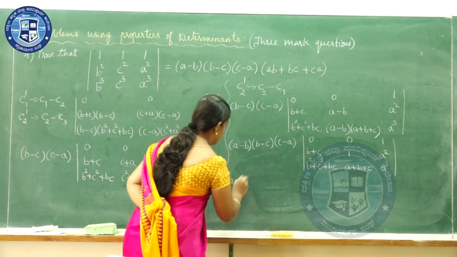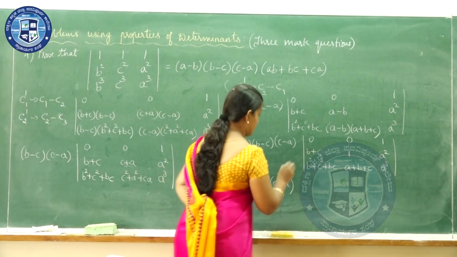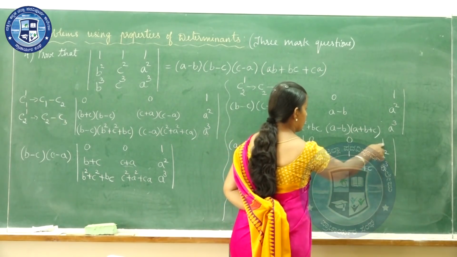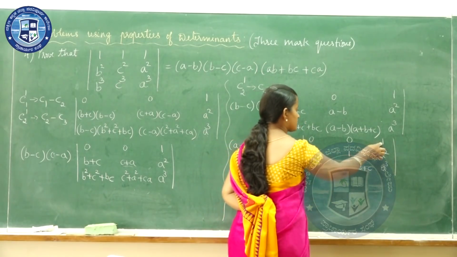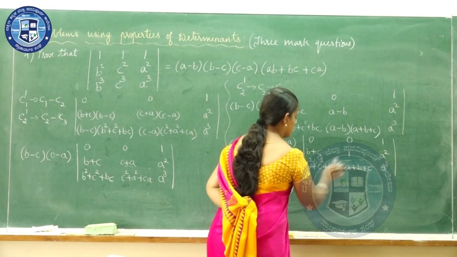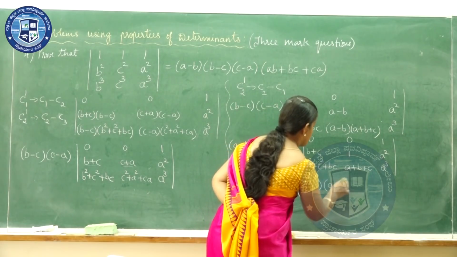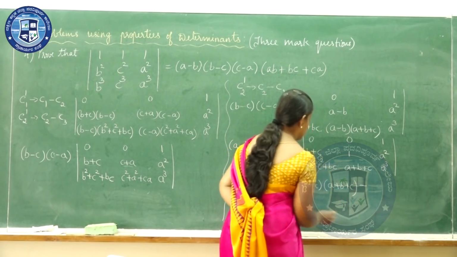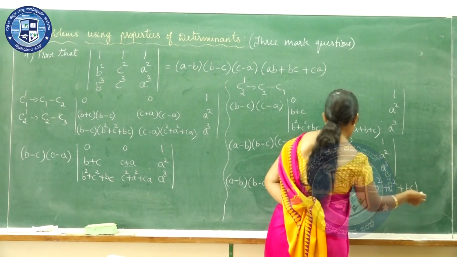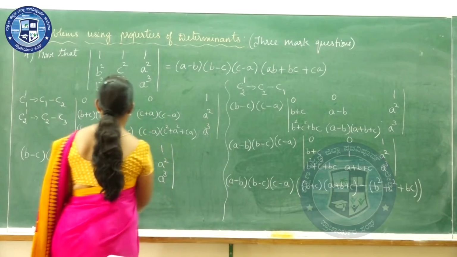So we have a minus b, b minus c, c minus a into 0 into anything is 0 plus 0 into anything is 0. What remains is only the expansion about the last term over here. So when you do this, this into this minus this into this. So b plus c into a plus b plus c minus b square plus c square plus bc. Okay, let us simplify this.